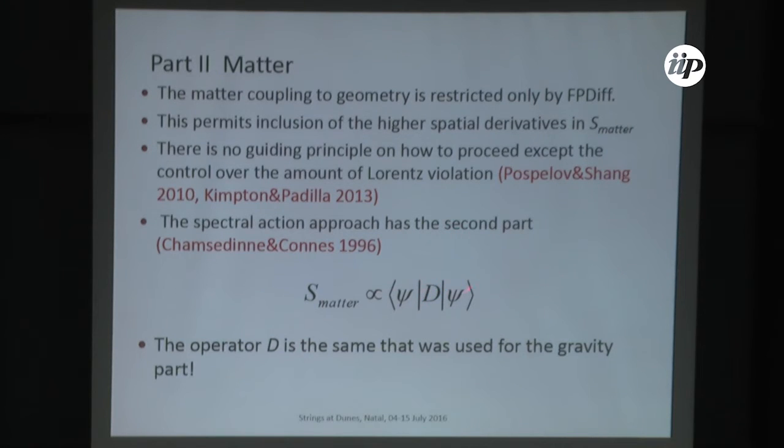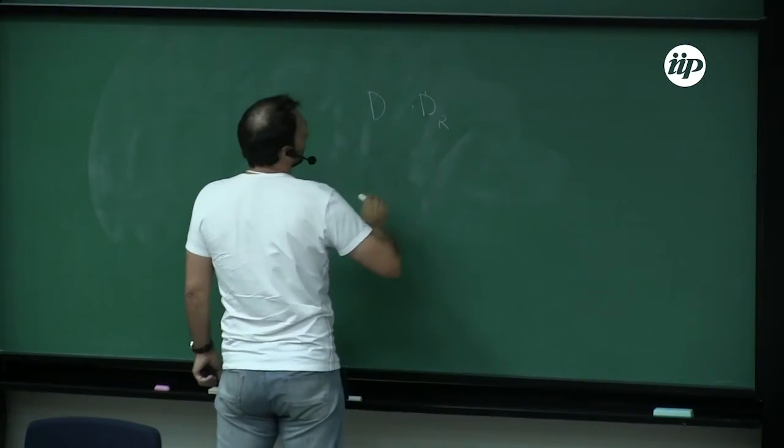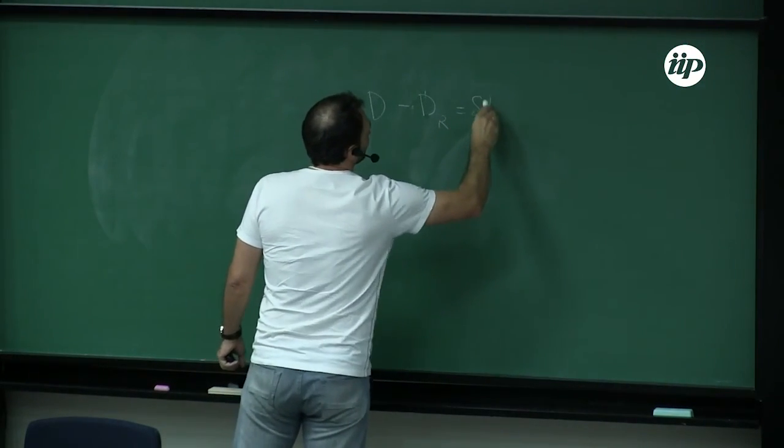If I use the usual matter with undeformed geometry, then here I have to put not my Dirac operator, which respects foliation-preserving diffeomorphisms, but the usual Dirac operator from the Riemannian manifold, which is not equal to the original one. And it will mean that actually this is not minimal coupling. Let's say this is the generalized Dirac operator, and this is the Riemannian Dirac operator, and there is some difference.